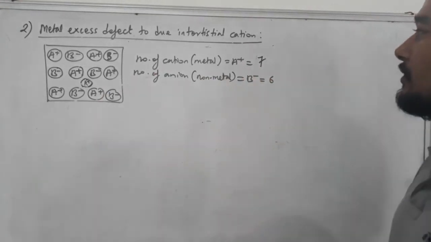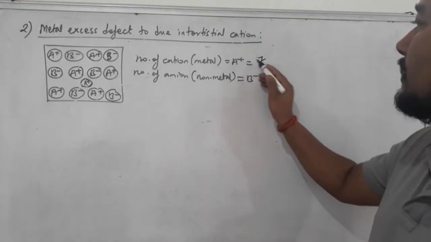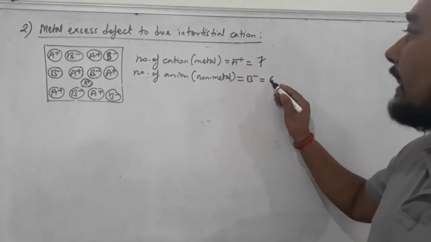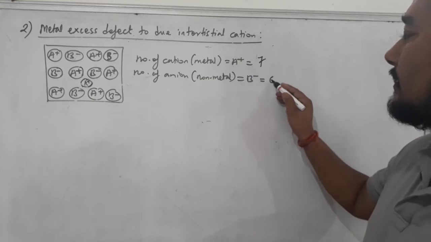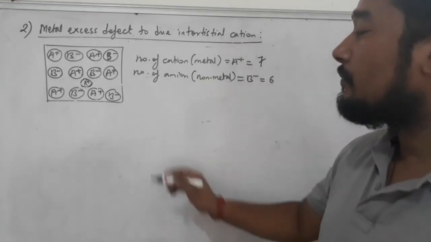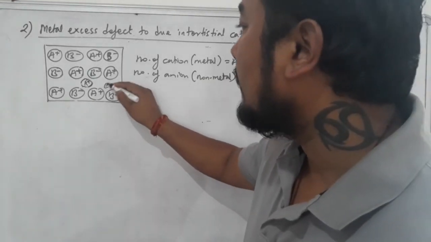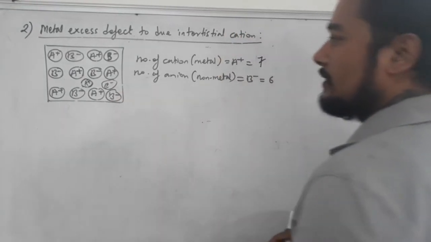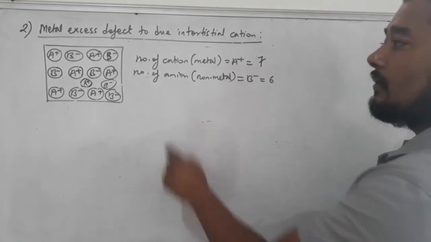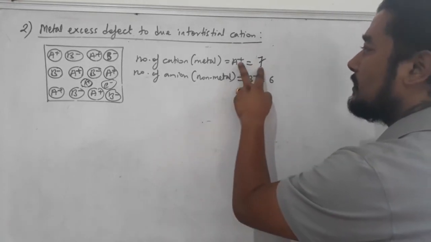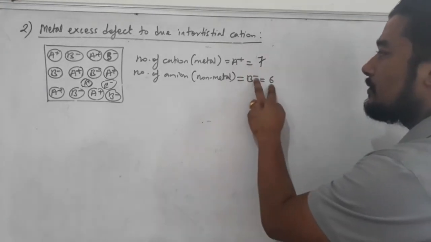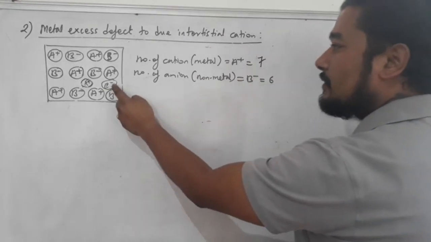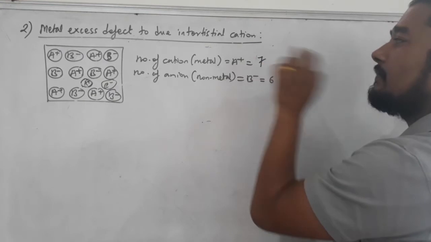But what about the charge? You can see here is 7 positive charge for A, whereas negative charge for B is only minus 6. So charge is not balanced. To balance, we'll place an electron in the interstitial site, to balance the charge. Now you can see total positive charge is plus 7. Total negative charge is only minus 6, but if you count the electron charge also, minus 6 makes it minus 7, plus 7 equal.